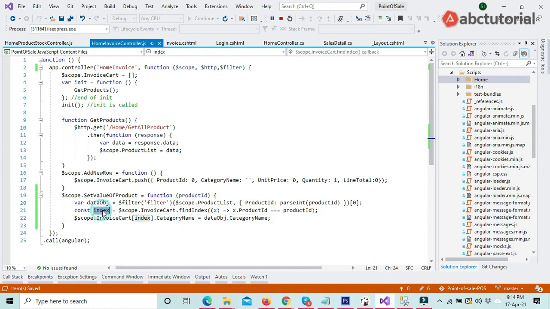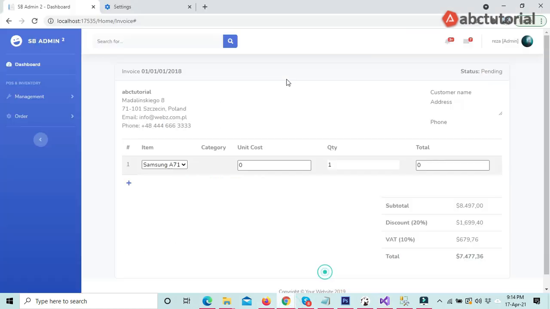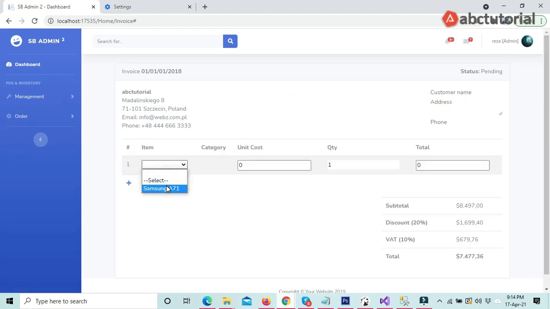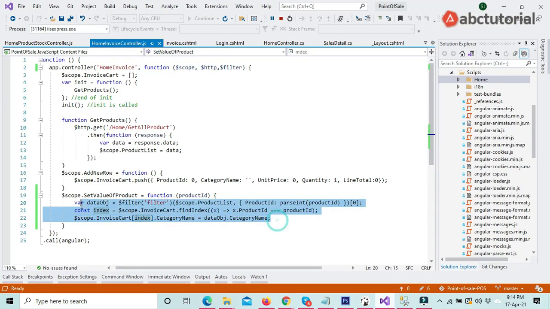That means in the position of the selected product, we just push the category name to the invoice card array's specific index. Okay, so now I'm just reloading the page. Select. If I select Samsung, it should show here a mobile. Okay, see here it's showing mobile, but unit cost is not showing, so we will set